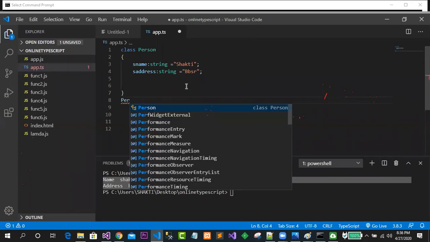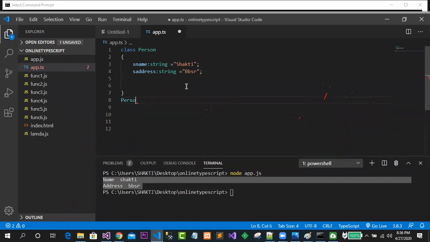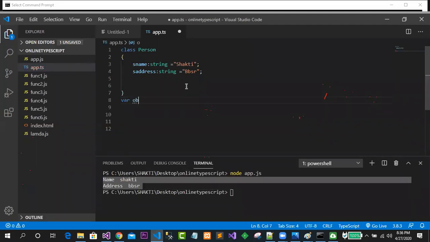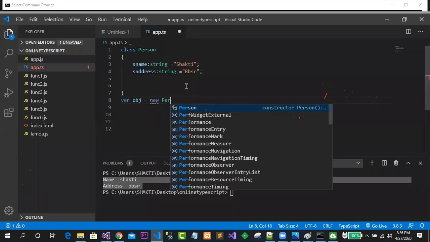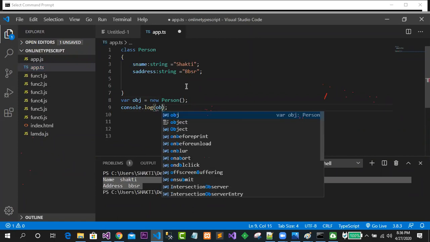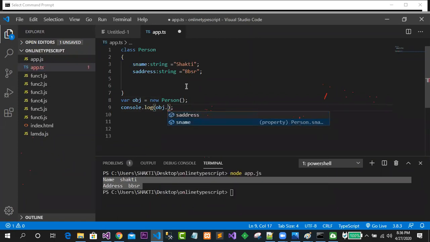I will create the object reference. This is var obj equal to new Person, the name of the class I have created. After that, in console.log I should write obj.name and address. Both are coming.